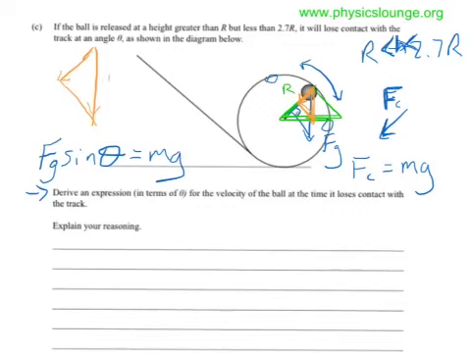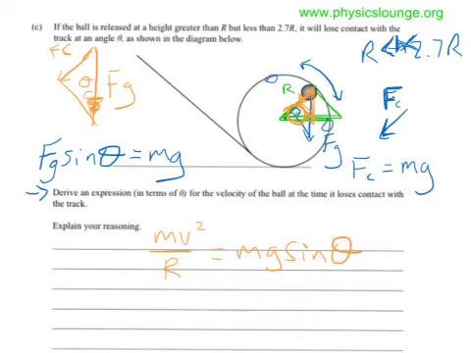So this is Fg. That's our resultant force. We've got Fc here, which is going to be equal to mg sine theta, because the theta from this diagram here is going to be equal to this angle here. Okay, so the opposite angle to that side, Fc. Anyway, you can mess around with the geometry to see how that works, but it works very nicely. And what we can do with that is mv squared over r, because we're using the centripetal force equation, with the big R, equals mg